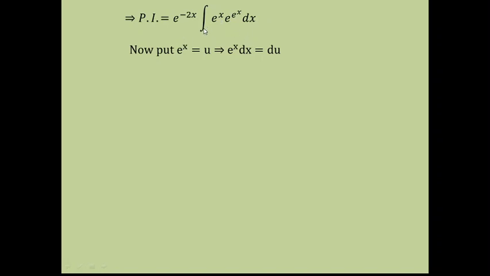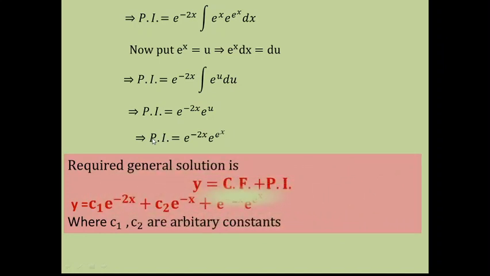Now again our task is to simplify this integral. On a similar line, let's take e raised to x as a substitution. To avoid confusion, let's take the variable u. Differentiating this and simplifying on the same line, it will be just an integration of e raised to power u, which is nothing but e raised to u. The integration is over, so replace the value of u, which is e raised to x. In this way, we get the particular integral.